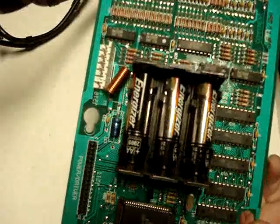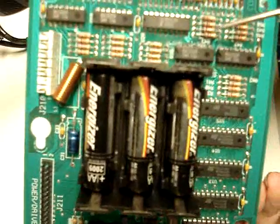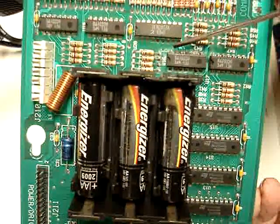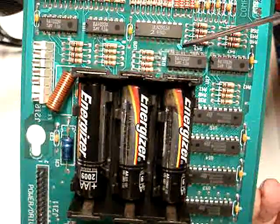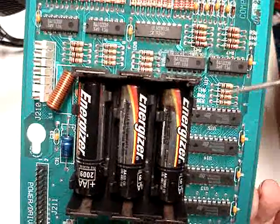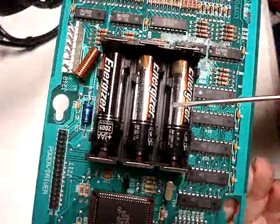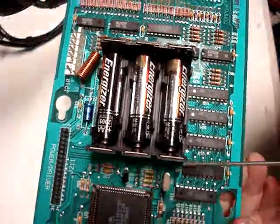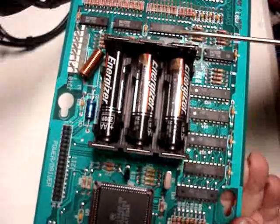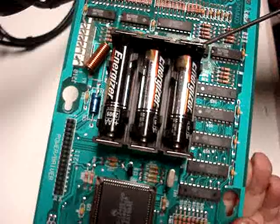So what we have to do now, this one isn't in too bad a shape. I can see where it started, some corrosion on at least 3 of these. I see chips here, and of course the battery holder is toast. So I'm going to start by removing these batteries. Then we're going to desolder the battery holder and get that off of the board, and from there we're going to